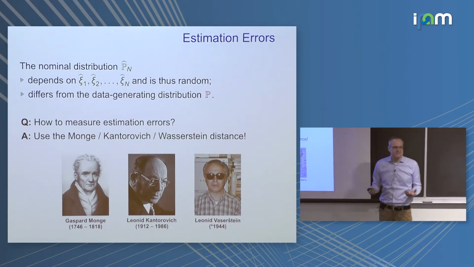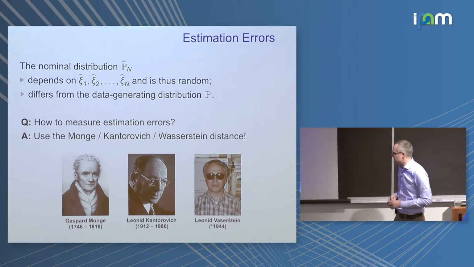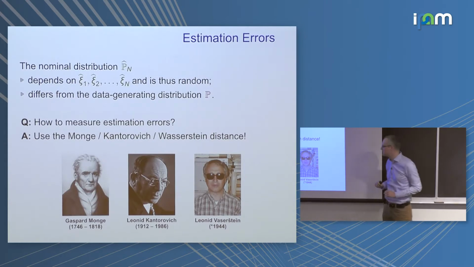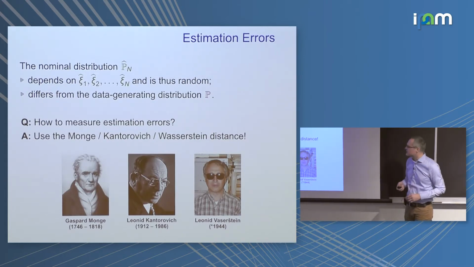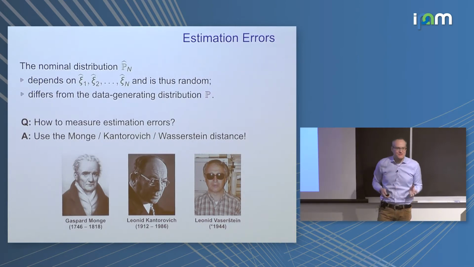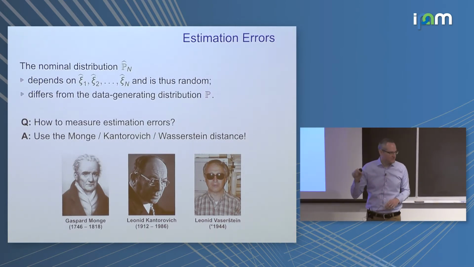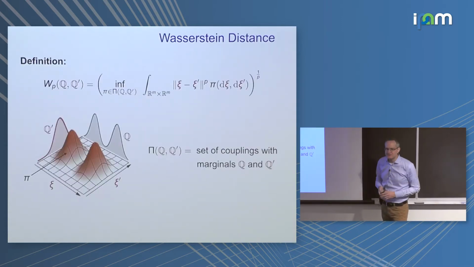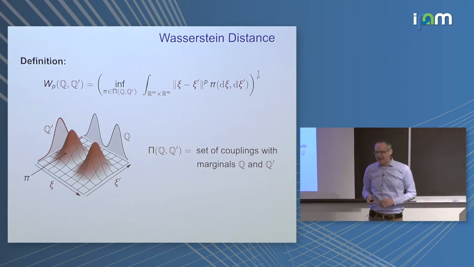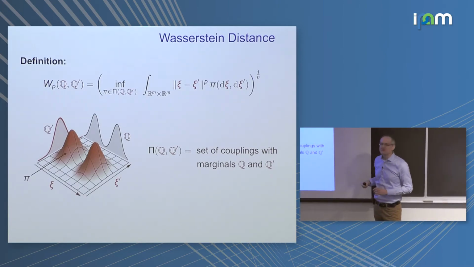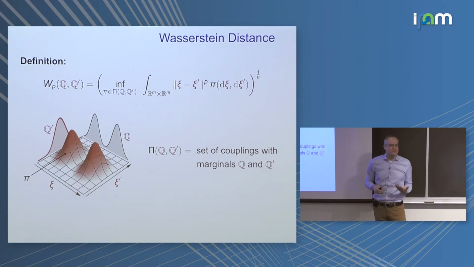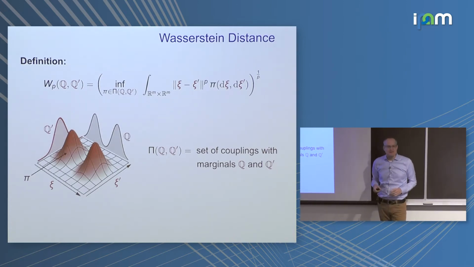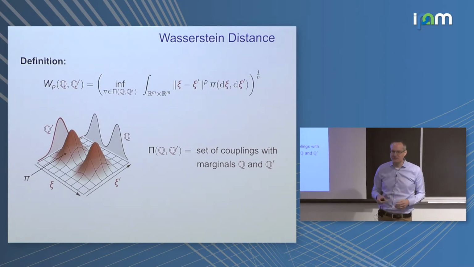The Wasserstein distance is studied in the theory of optimal transport. This is a field that was pioneered by Gaspard Monge in the 18th century, and where very important contributions have been made by Leonid Kantorovich and Leonid Wasserstein. There are different types of Wasserstein distances, parameterized by some p, which is a number between 1 and infinity. The type p Wasserstein distance between two distributions Q and Q prime is defined in terms of an optimal transportation problem over all couplings of Q and Q prime. Now, if Q and Q prime are distributions on R^n, then a coupling is just a distribution on R^2n, whose marginals are Q and Q prime.